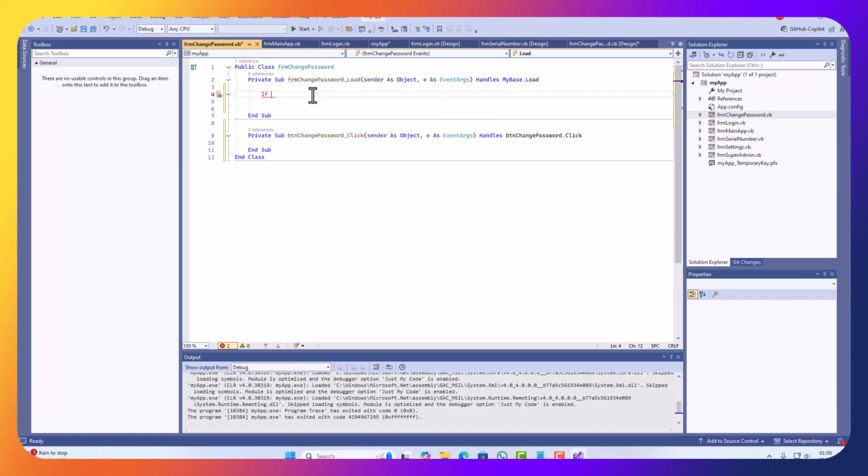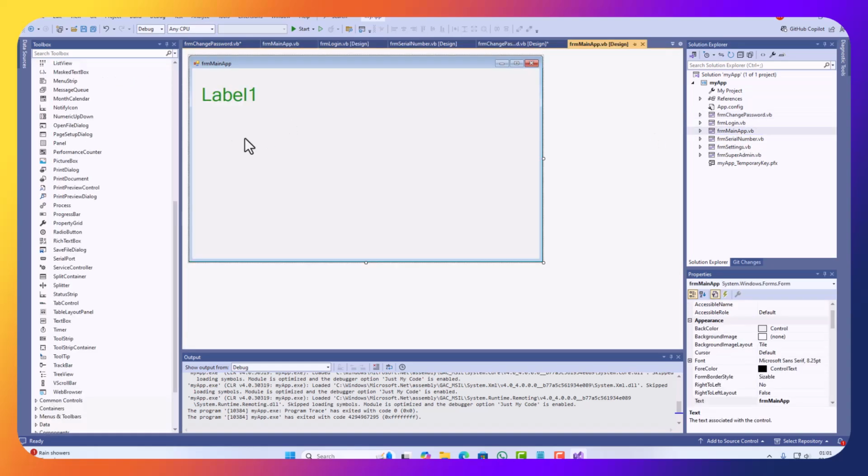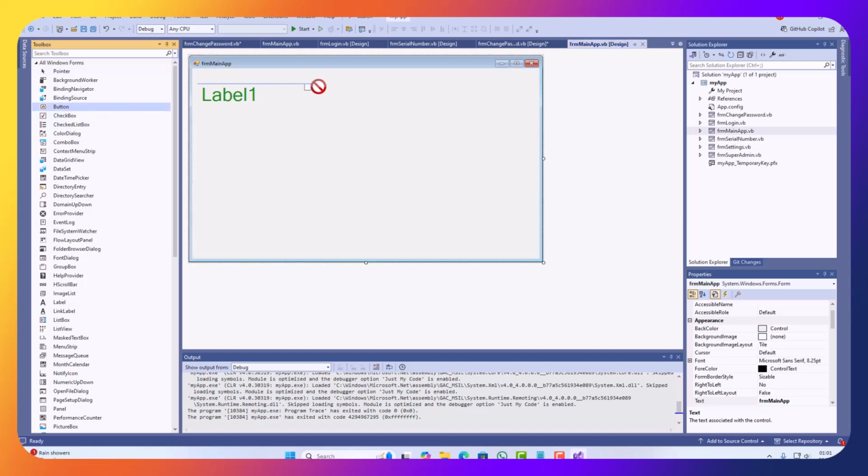Let's put, because we need to basically pass the values now as well. So we need to pass the values first. So we need to go to our settings page. Let's go, no, we're going to the main app, okay, and let's add the button here,